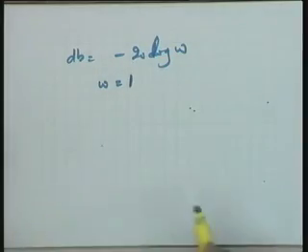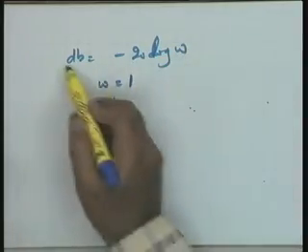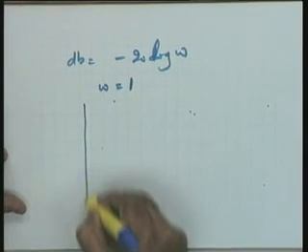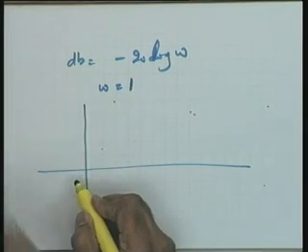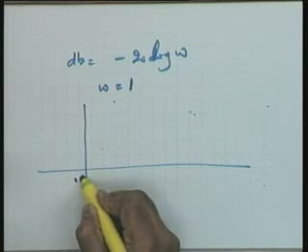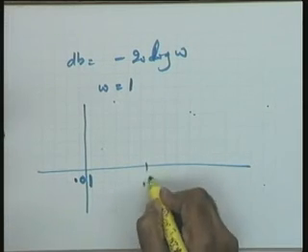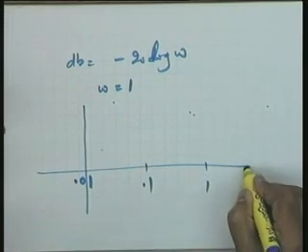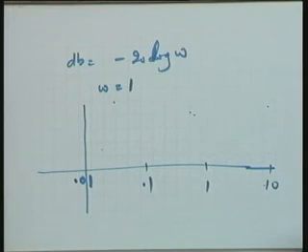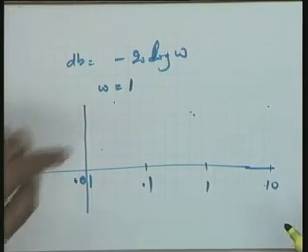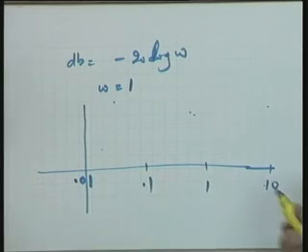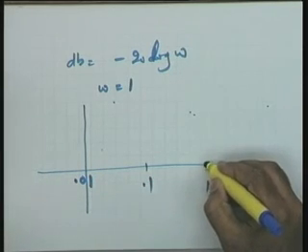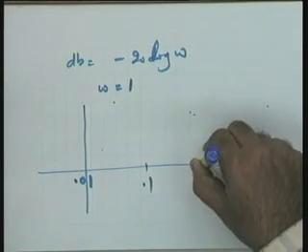Now from where will it pass? Just see, at omega is equal to 1, dB is equal to 0. So it means you actually now will do the following. Whatever may be your frequency scale, let me take it is 0.01 here, it is 0.1 here, it is 1 here, and it is 10 here. Let me say this is the frequency scale I have taken. Now at omega is equal to 1, it is minus 20 dBs per decade. So it means you will have to now take the line passing through this point.